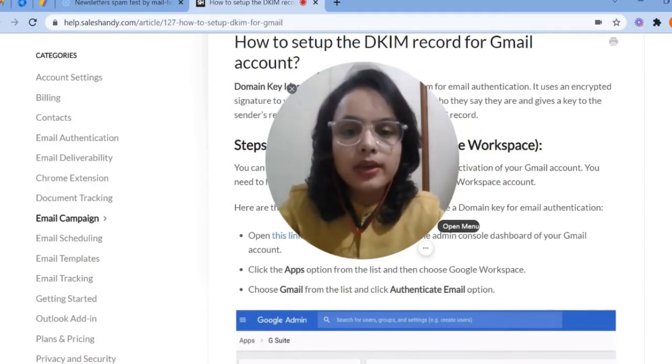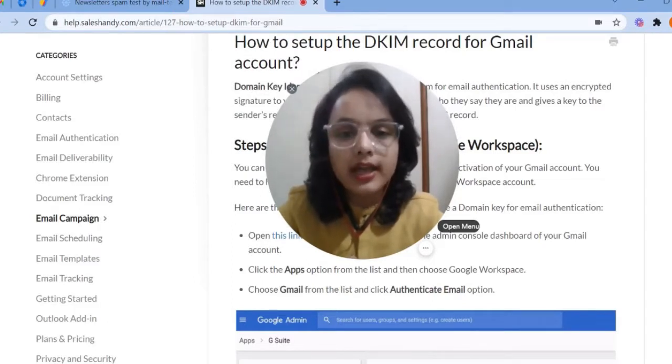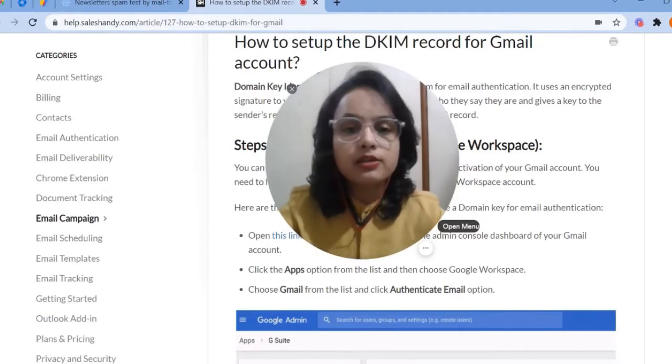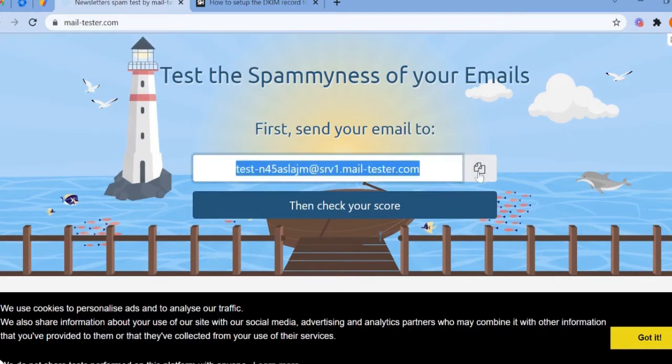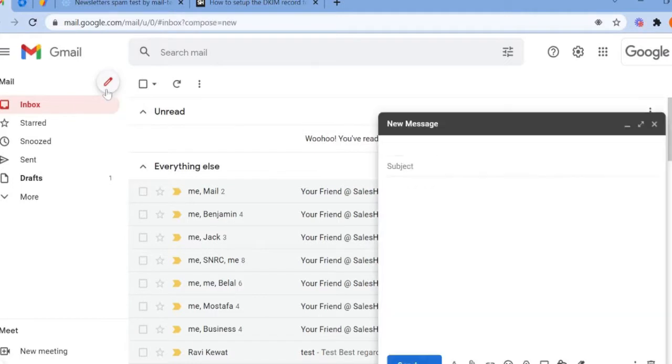Now, how can you check whether your business email has a valid DKIM signature or not? There are many ways to validate DKIM for any domain, but I will be sharing the simplest way to check whether an email account has DKIM set or not. We will open this Mail Tester website. When you open it, it will show you an email address like this. All you need to do is send an email to this shown email address from the email address that you wish to check DKIM for, and that is why I'll send a test email to this email address.